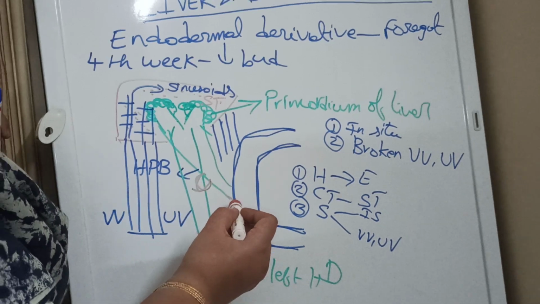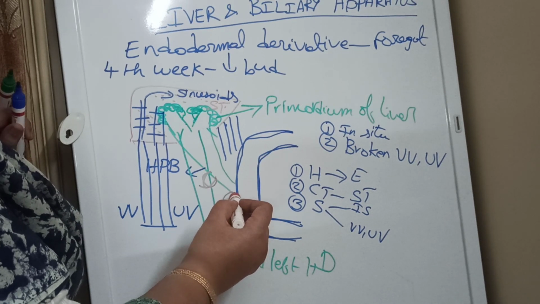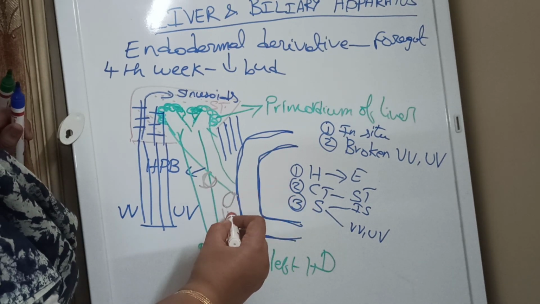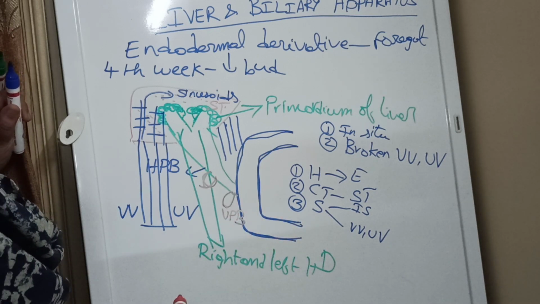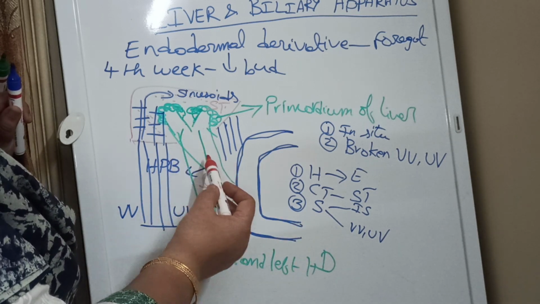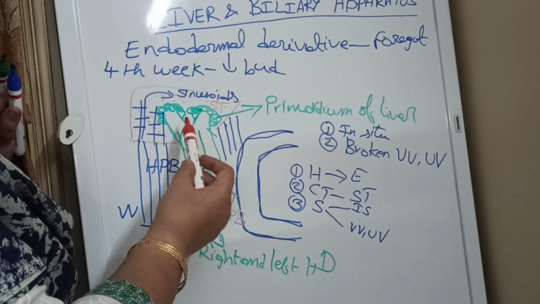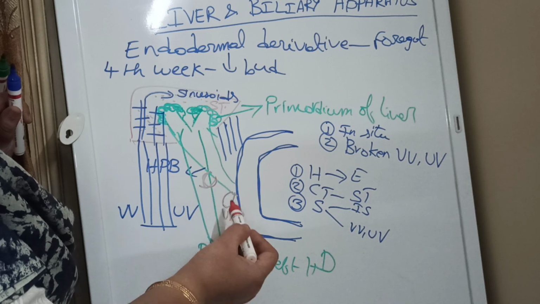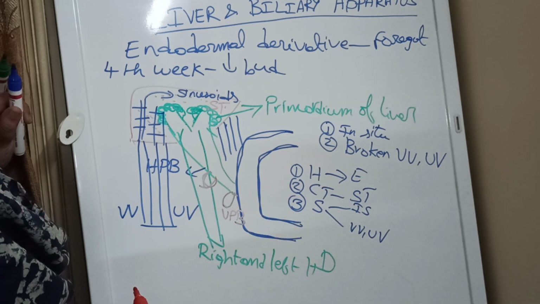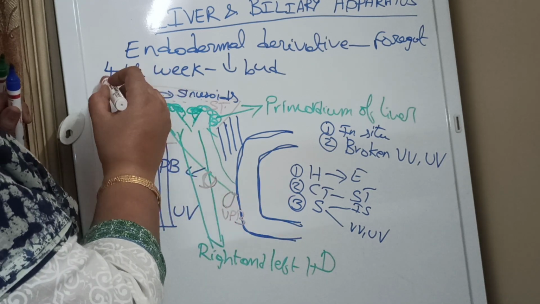Another bud just near the duodenum, that will be called as the ventral pancreatic bud, which we have seen in the class of the pancreas development. So this original hepatopancreatic bud gives rise to the liver, cystic bud and also to the ventral pancreatic bud. So this starts in the fourth week